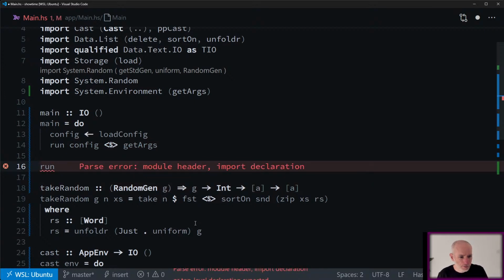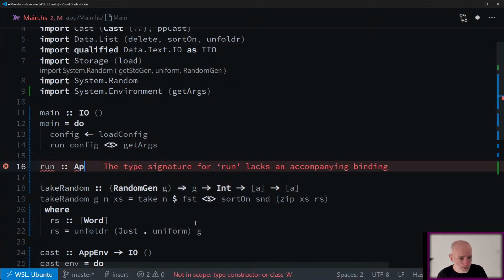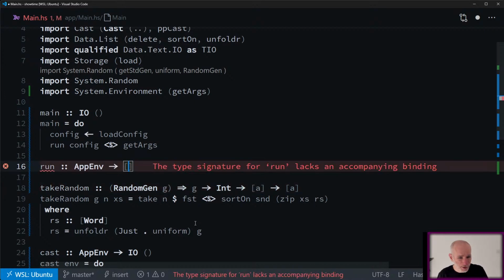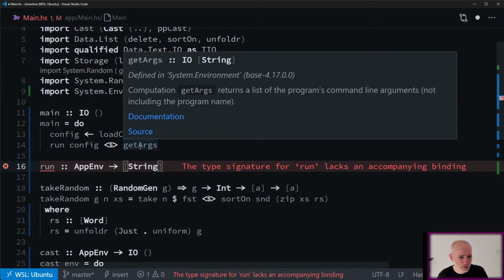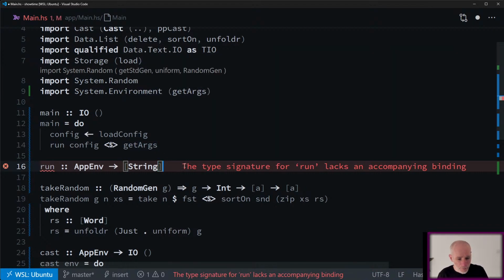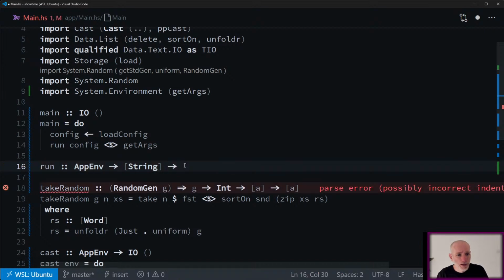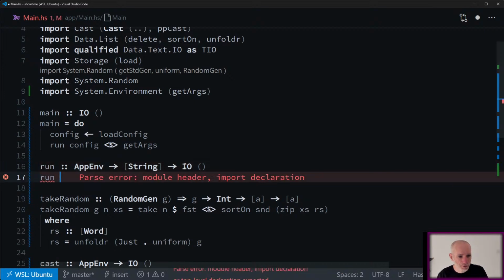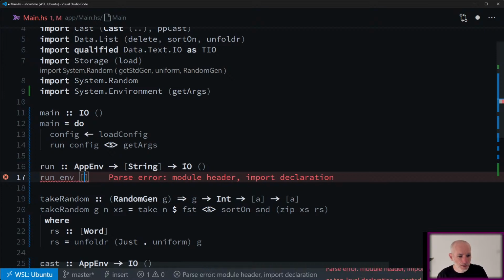The run is going to take AppEnv, and it's going to take the arguments, which is a list of string, I think it is. That's what getArgs is doing. And running under IO, it's going to return nothing.